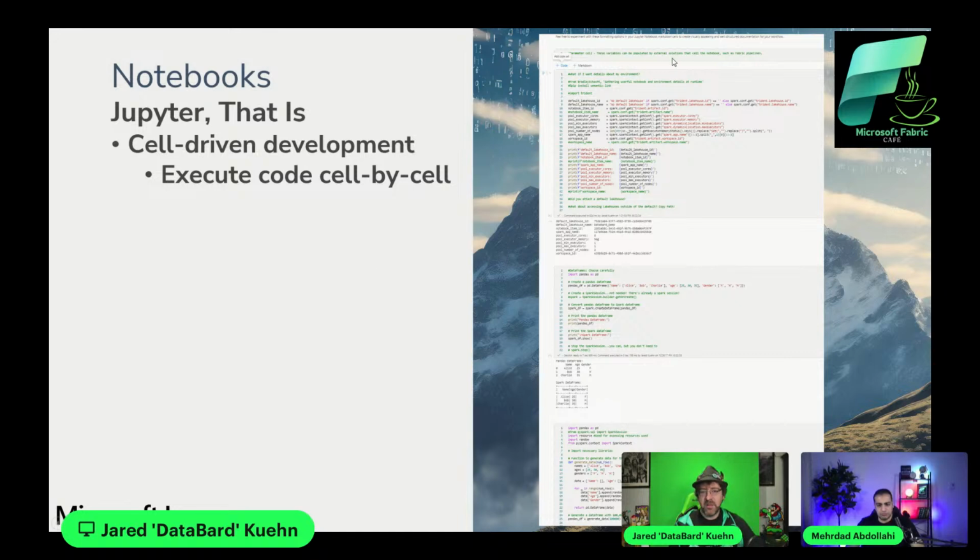Take, for example, my example on the screen here. I've got 4 cells in a single Jupyter notebook. And the text, you'll get to see that once we actually get into demo. But the idea here is, suppose I'm debugging this third cell. This code section, something's working wrong, and I'm trying to test it out. These first 2 cells may take 15 to 20 minutes to run. Well, I don't want to have to keep running this 15 to 20 minutes every time I want to test this third cell. Well, what Jupyter allows you to do, and what you can do with Fabric notebooks, is